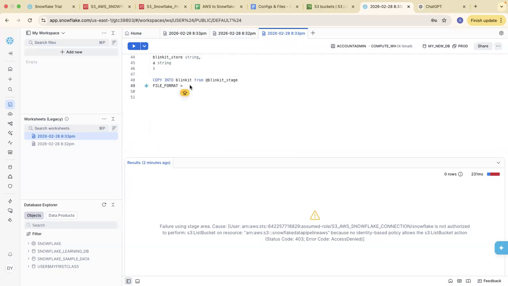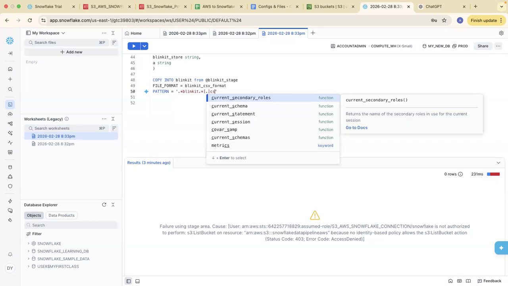And finally, the pattern of the file that you want to load from that particular S3 bucket. You can give it like dot star, and in the pattern there will be Blinkit mentioned, and along with Blinkit, CSV will also be mentioned, like dot CSV.